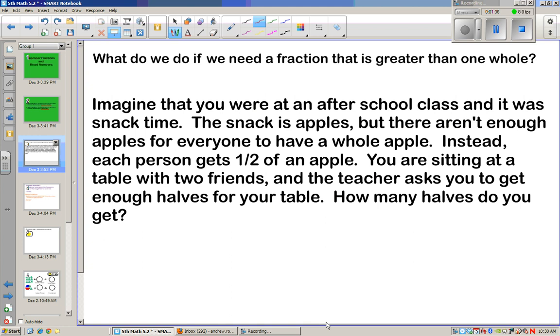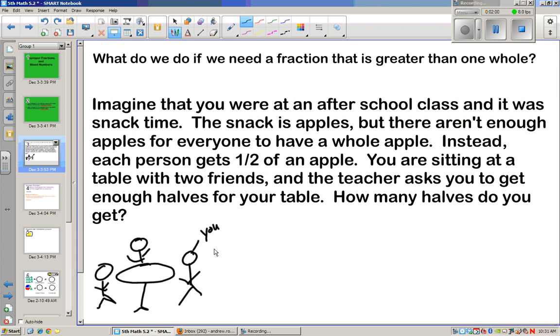So let's think about this situation. We can draw a picture here. You're sitting at the table, and there's you, and you got a friend here, and you got another friend here. So there's three of you, and you need to get apples for all of them, by the way. This is you. So how many halves do you need? Well, there's one of you, and then there's your two friends. So you need